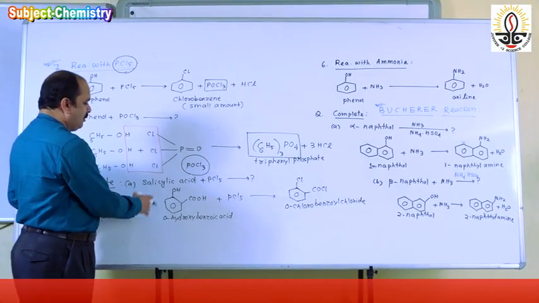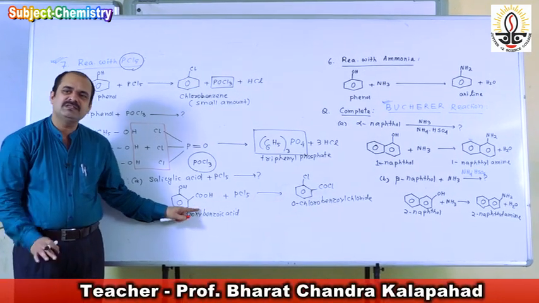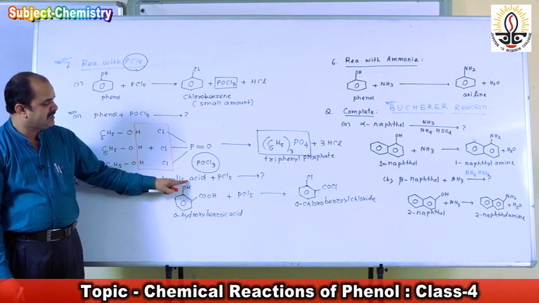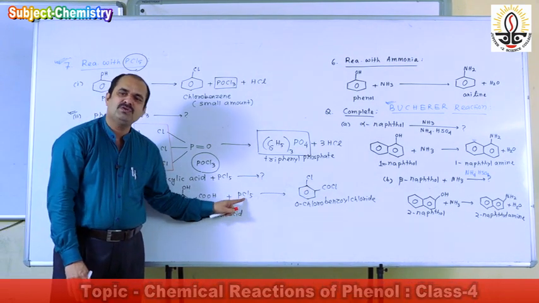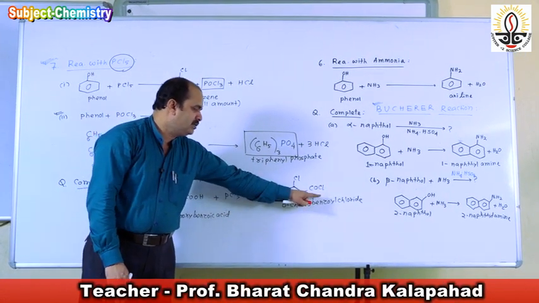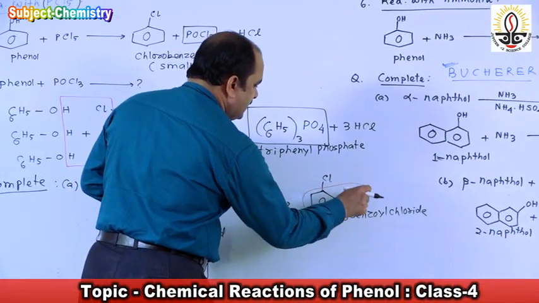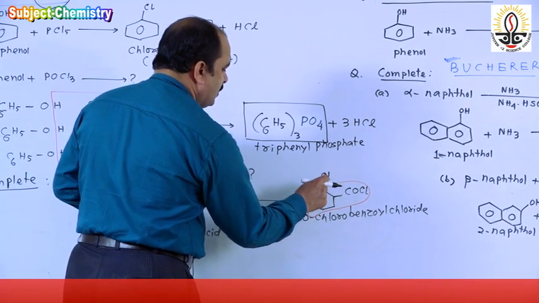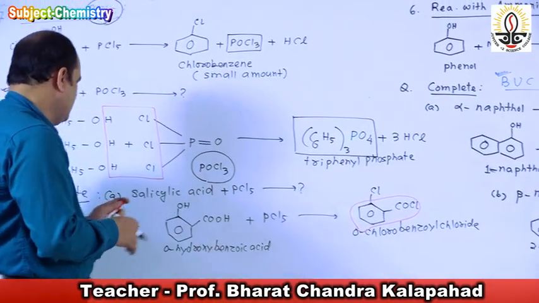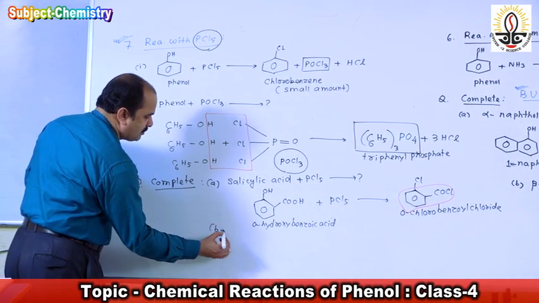So when orthohydroxybenzoic acid, or salicylic acid, or 2-hydroxybenzoic acid, commonly known as salicylic acid, reacts with an excess amount of PCl5, it gives orthochloro benzoyl chloride, because this is benzoyl chloride with chlorine at the ortho position, so orthochloro benzoyl chloride is formed. And another question, number B, the second question, is what happens